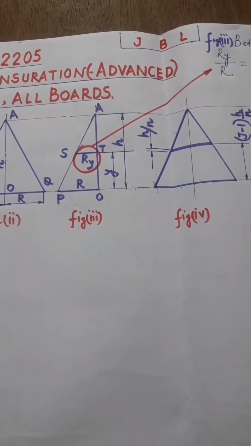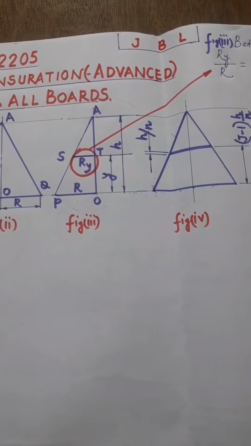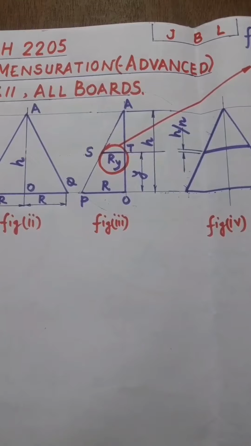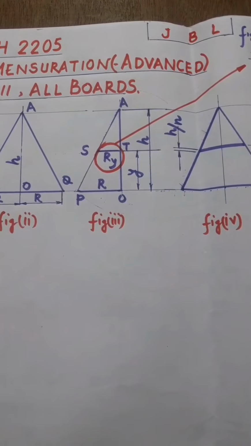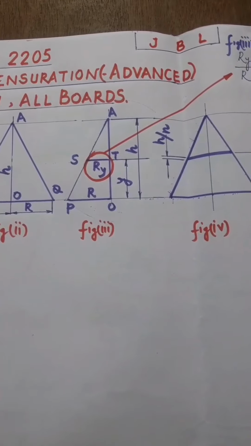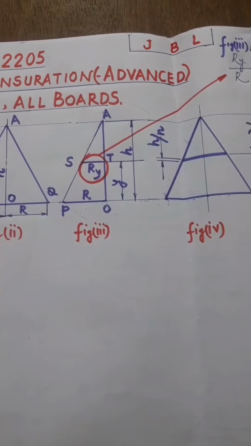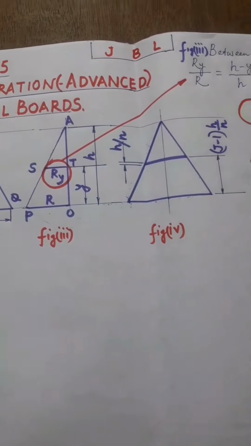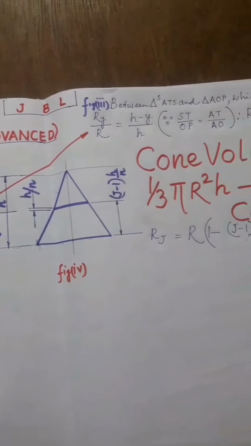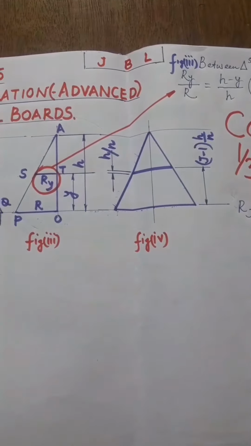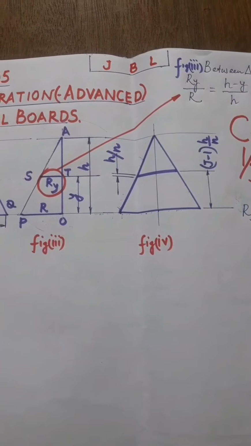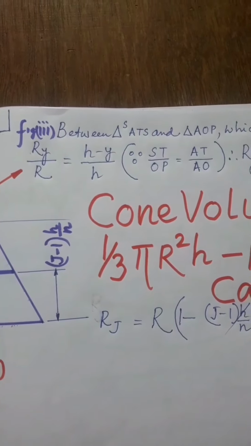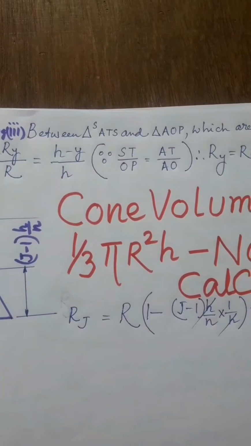In figure 3, for the convenience of geometrical manipulation, we have shown half of the cone as APO, and we have considered a radius RY as ST at a height Y from the base. Now, since triangles AST and APO are similar, we can write from figure 3 between triangles ATS and AOP